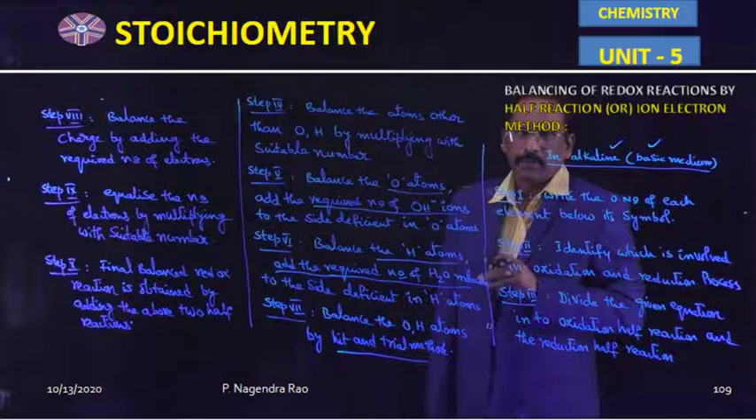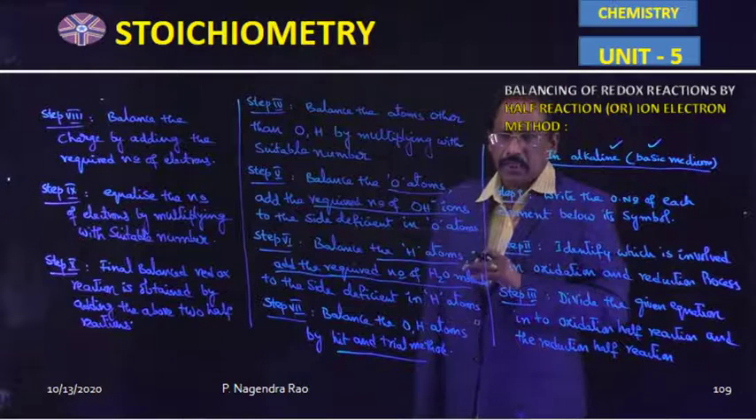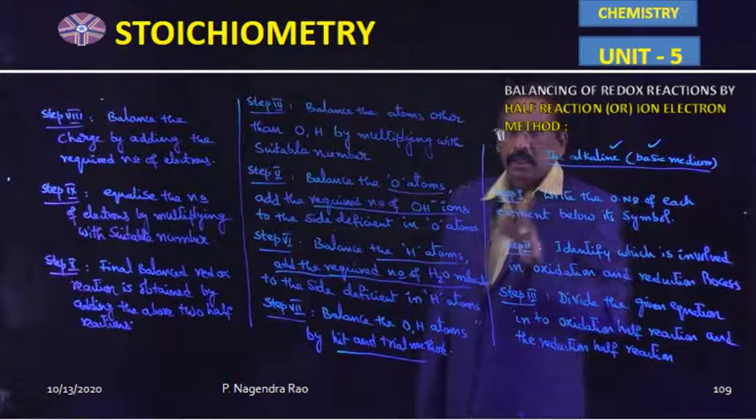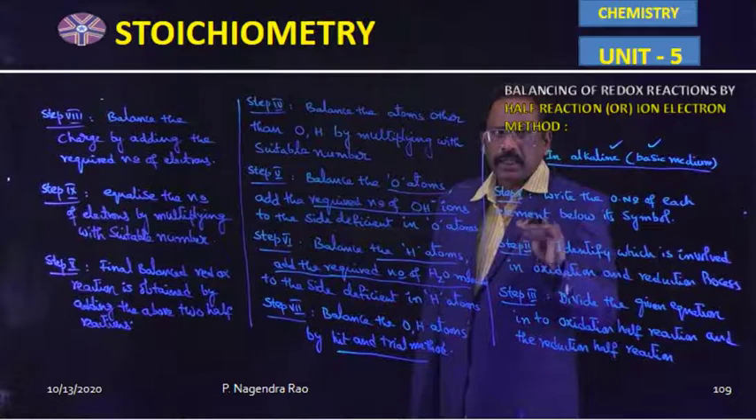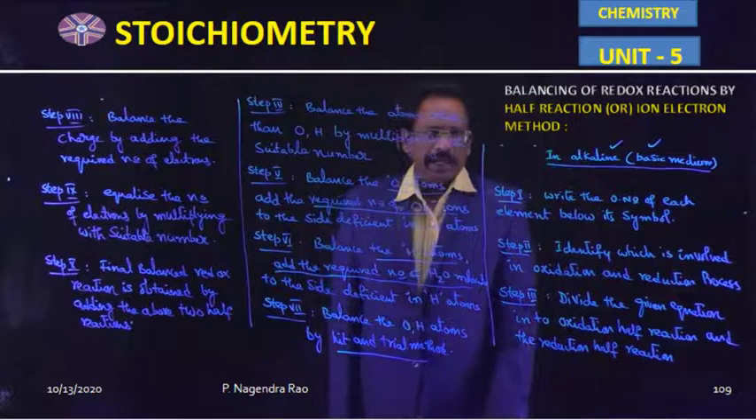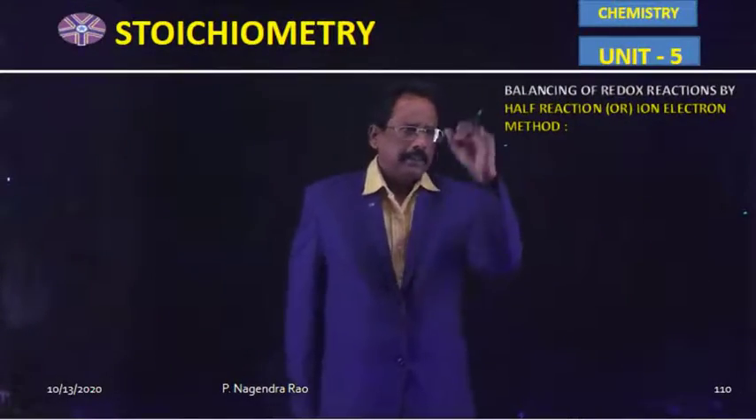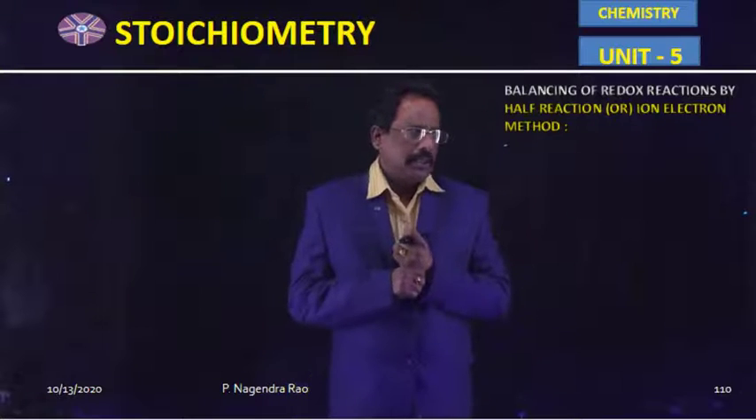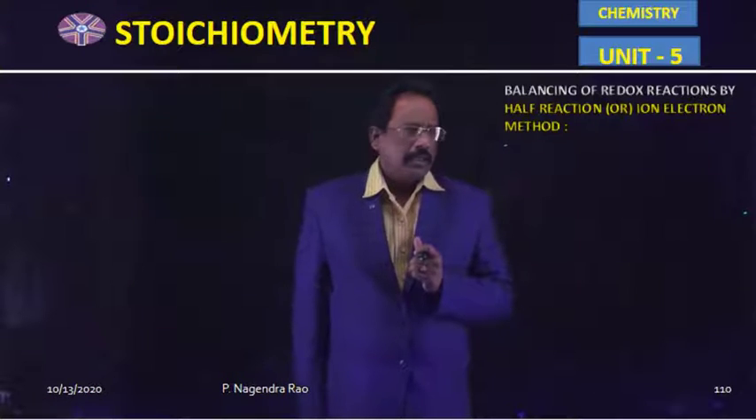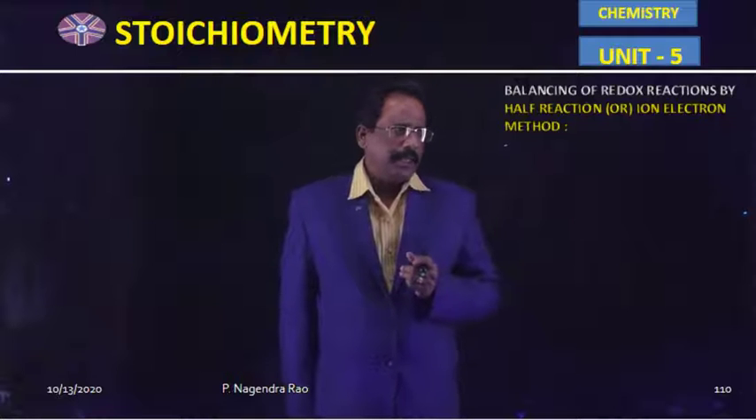So this is about the different steps used to balance the redox reaction in alkaline medium by using half reaction or ion electron method. Now, one of the examples of a redox reaction which takes place in basic medium is